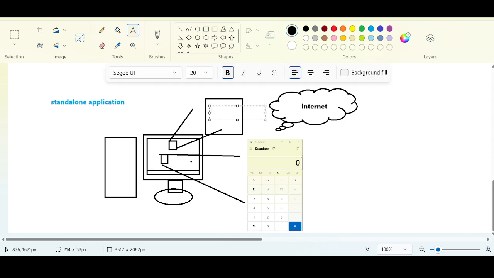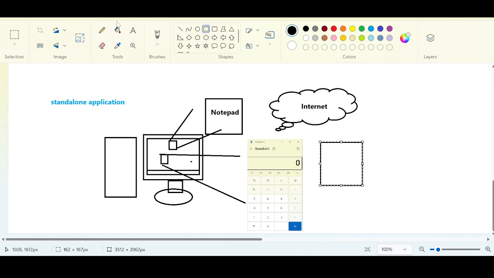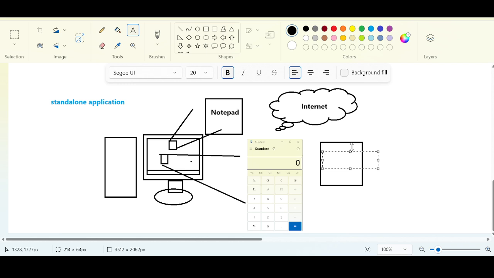So Notepad is also a standalone application, right? And what else do we have? We have games, popular games in Windows. You can play games without having any dependency. It does not require any other resources for its execution. Very simple. If you have any application that is running in your local machine, the machine that you are holding now, that is called what? Local machine. If you operate any application on your local machine without any external dependencies, without the internet connection,